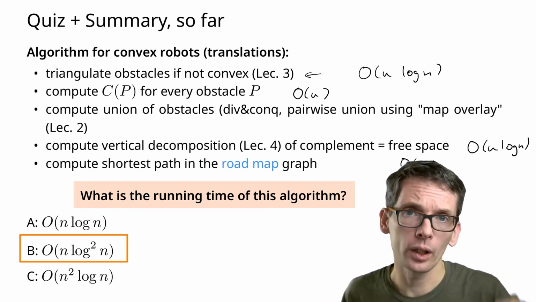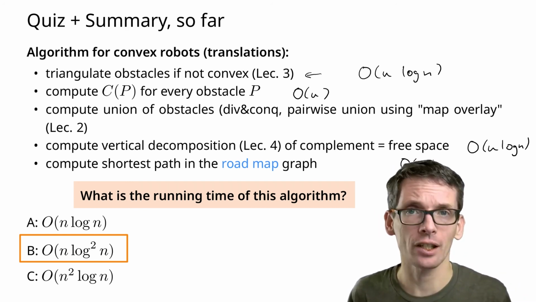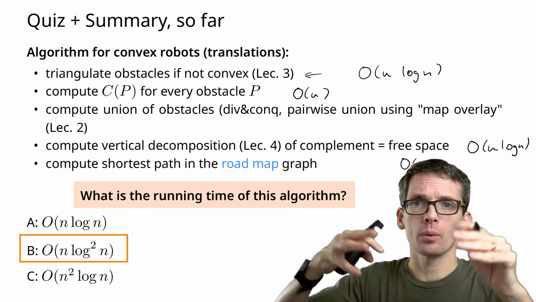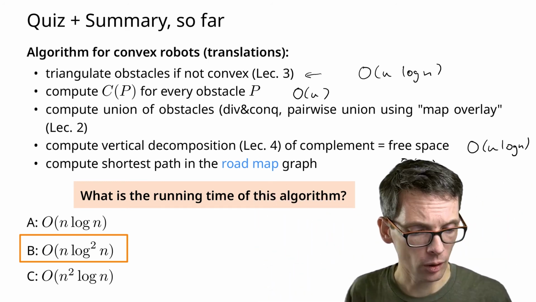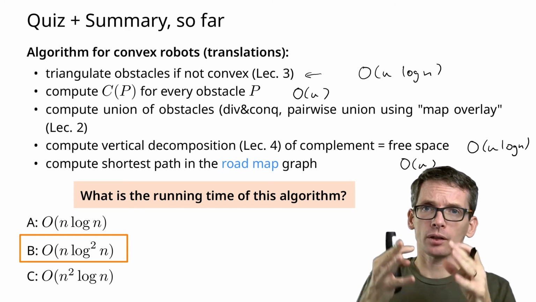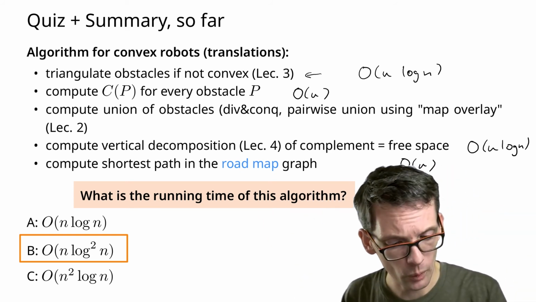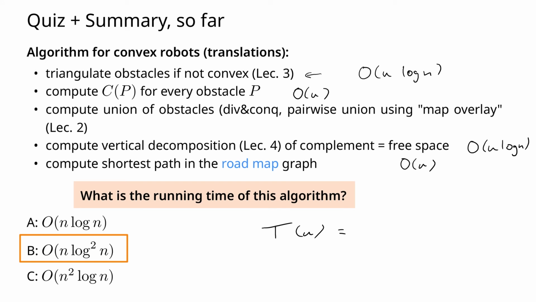For that, we use the plane sweep as we used it for the line segment intersection, but we do so always to combine two unions of forbidden spaces, and we do that divide and conquer. So first we split the problem into two halves, so we have T(n) is 2 times T(n/2). So now we have computed the union of one half, the union of the other half. We want to combine it, and this will be then of order, so the algorithm that we've seen was n plus k